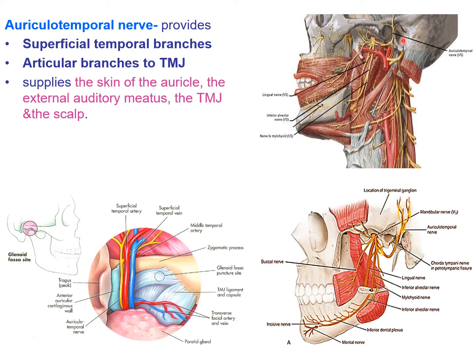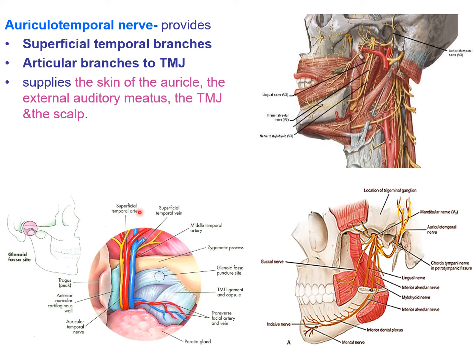So we have seen that the auriculotemporal nerve arises by 2 roots which unite to form a single trunk. It passes under the cover of the lateral pterygoid muscle and runs between the neck of mandible and the sphenomandibular ligament. Now it turns laterally upwards, turning behind the temporomandibular joint, and it ascends behind the superficial temporal vessels. This is an enlarged view of the tragus area where we are seeing the superficial temporal vessels along with the auriculotemporal nerve. Here the nerve divides into the superficial temporal branches.